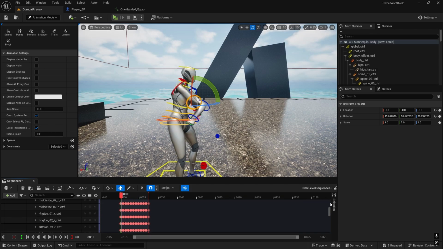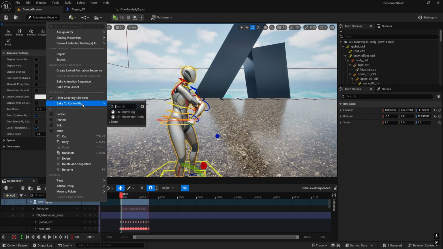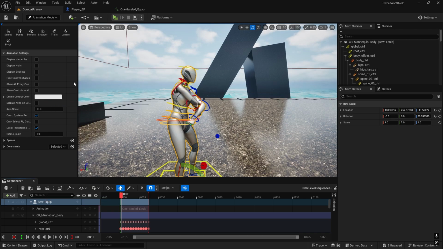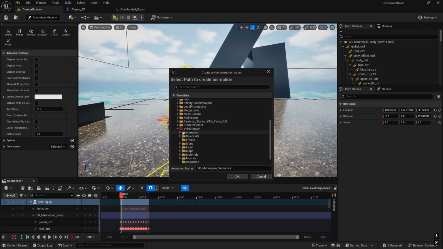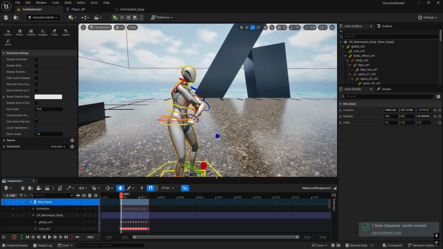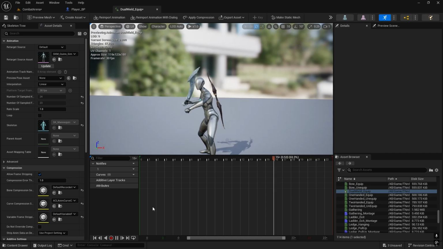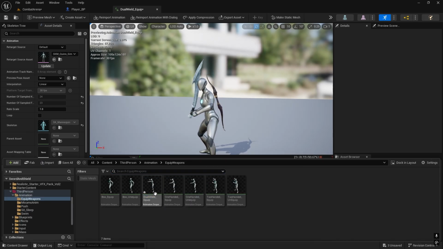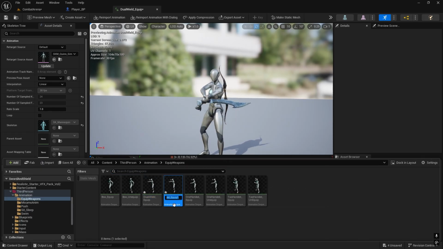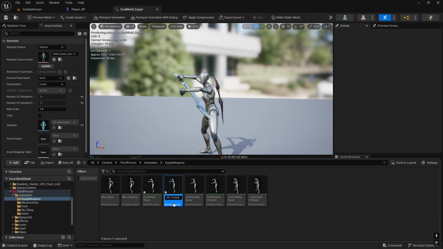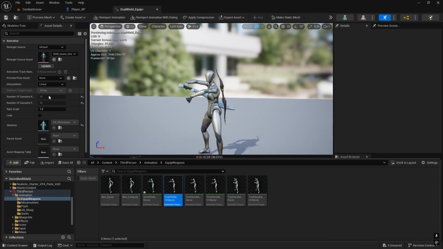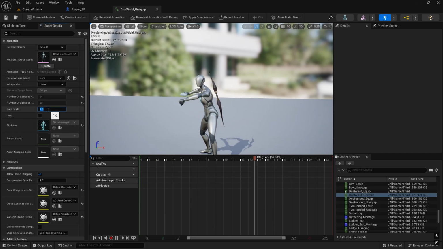Now I'm going to go to top, select this, right click, bake to control rig, and bake animation sequence. I'm going to save it in animations, in this equip weapons, and this one will be dual wield underscore equip. Export. And now I do have this animation, and I'm going to duplicate it. This one will be unequip, and this one will also be -1 rate scale,